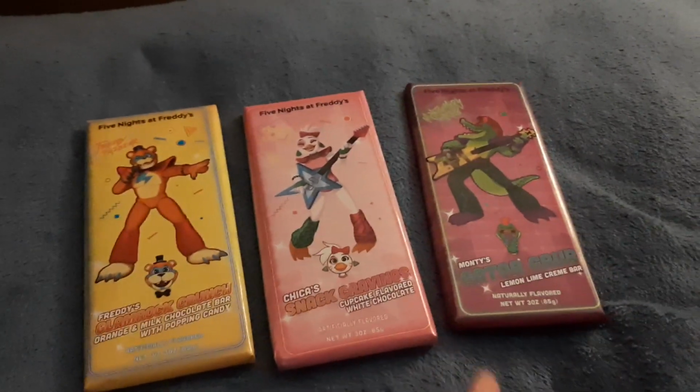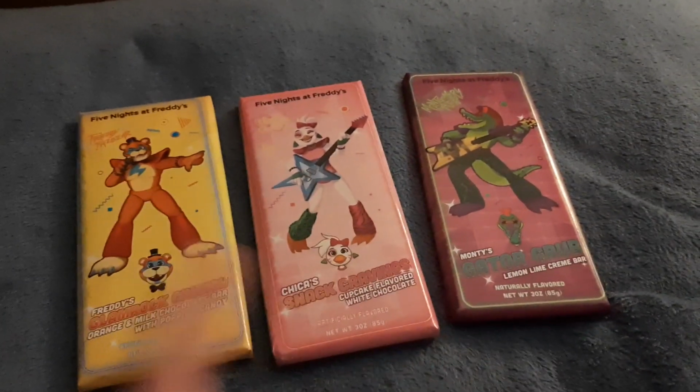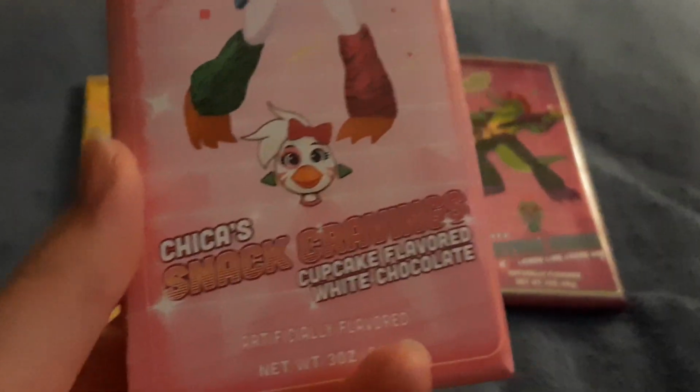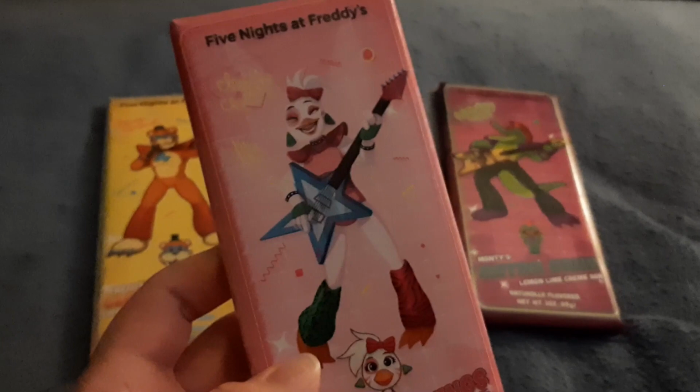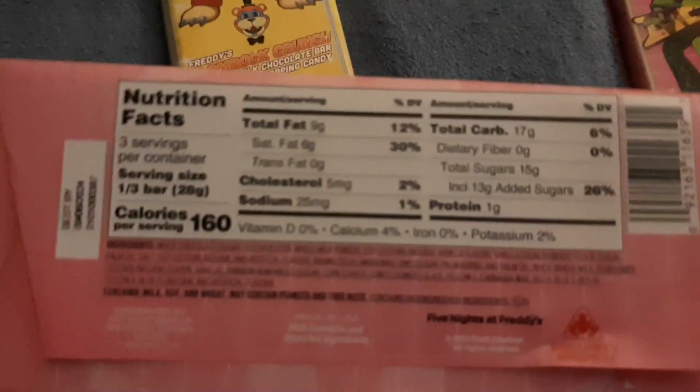We're gonna probably start with the best sounding one out of the three, and that's Chica's, which is white chocolate cupcake flavored Chica Snack Cravings. So we're gonna start with this one because this one sounds the best out of the three. And yeah, let me just go ahead and open this real quick. I might need to pause this, so I'll pause it. Actually, before we get to it,